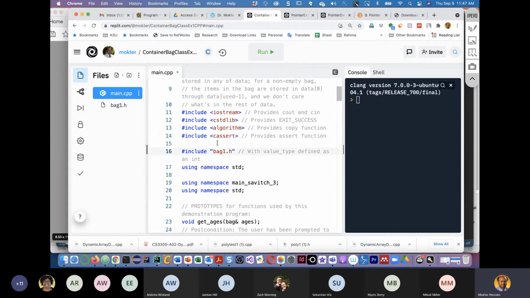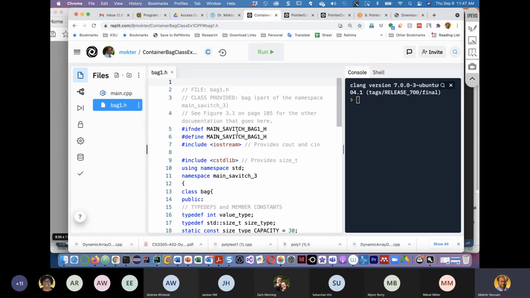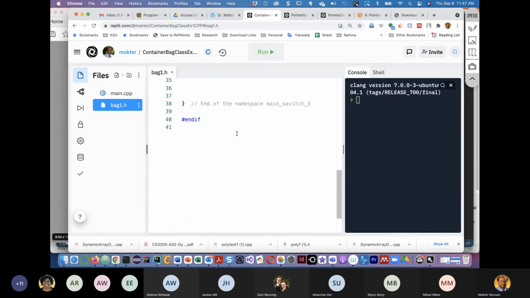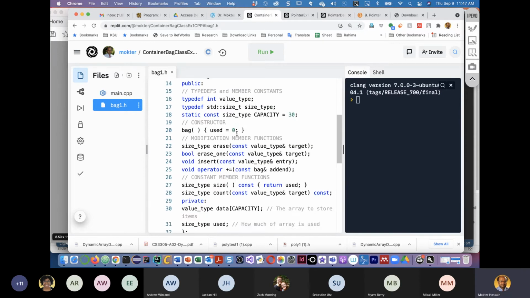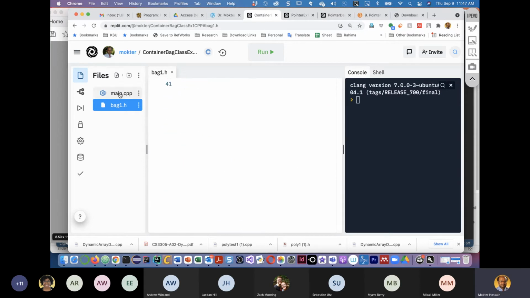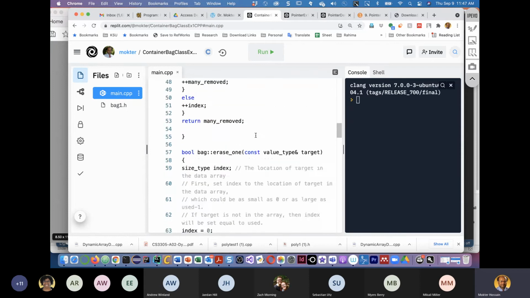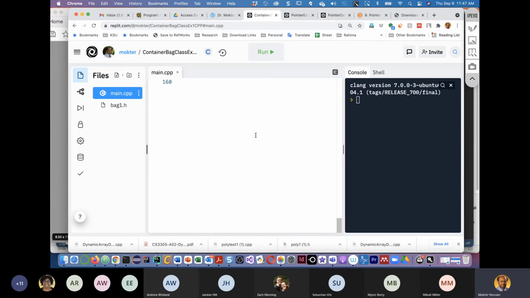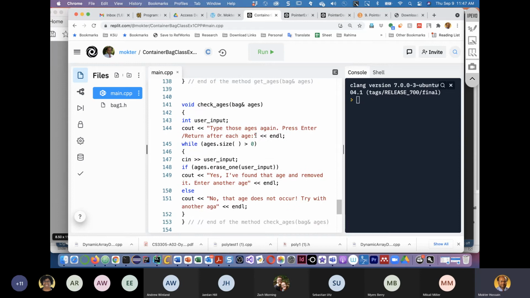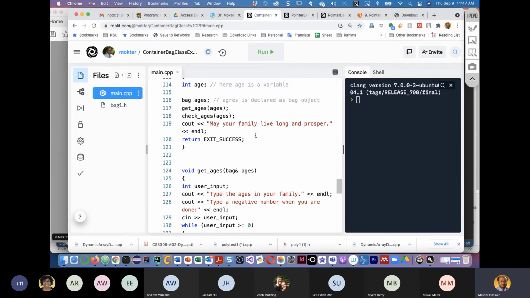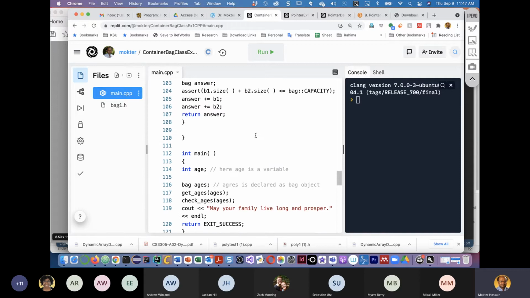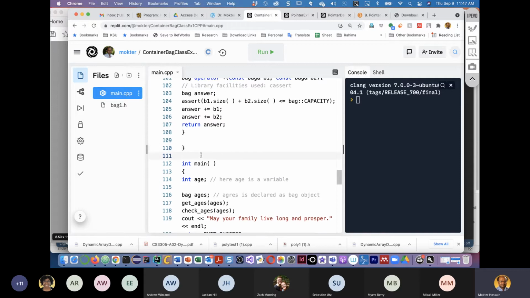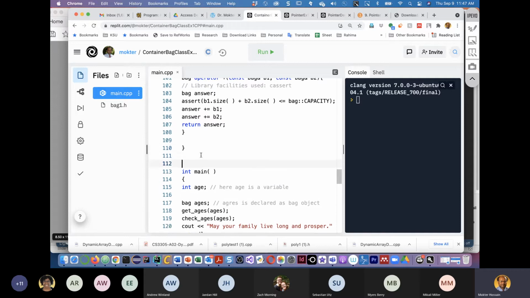So this is bag1.h, our bag1 header file, and then this is a small program, and this is the main file. So if we run this program,